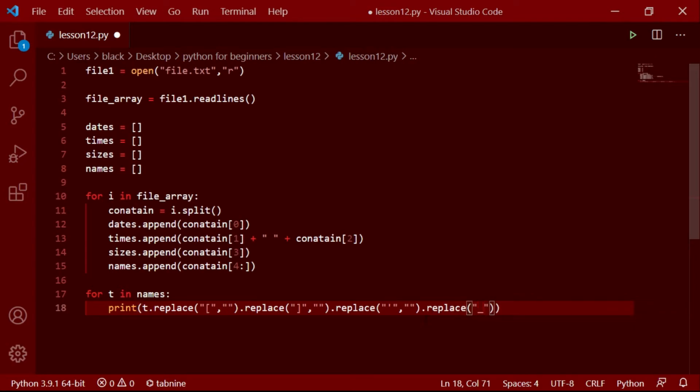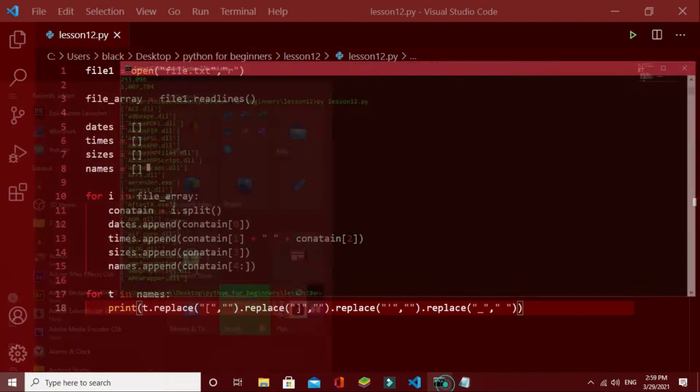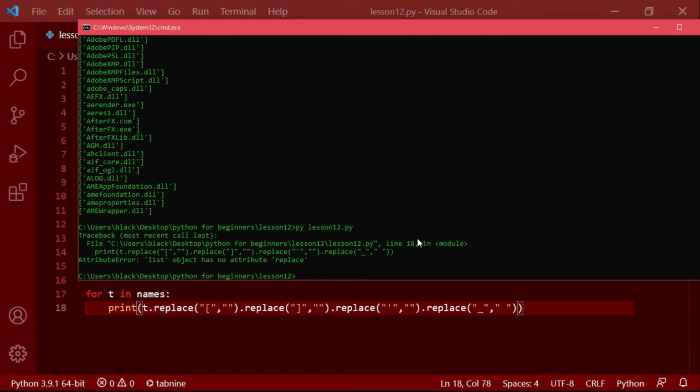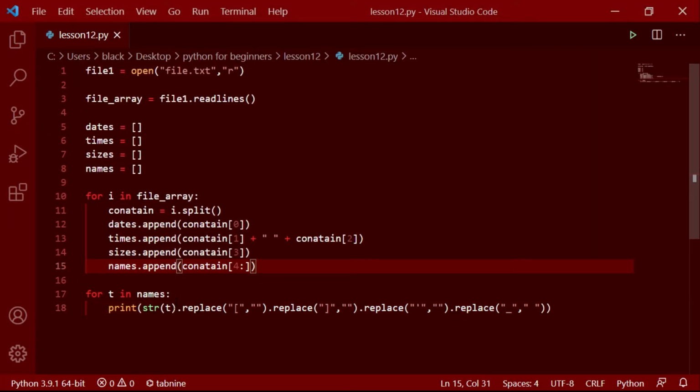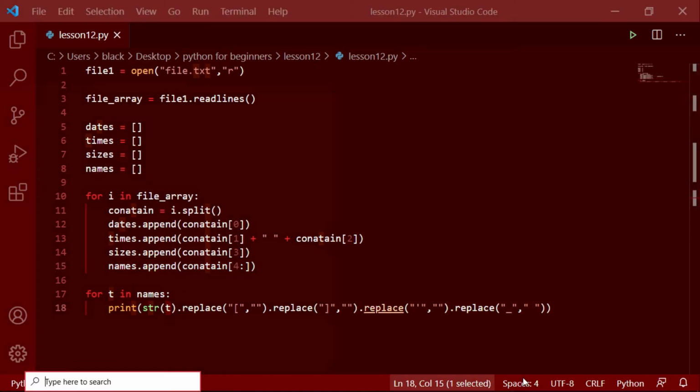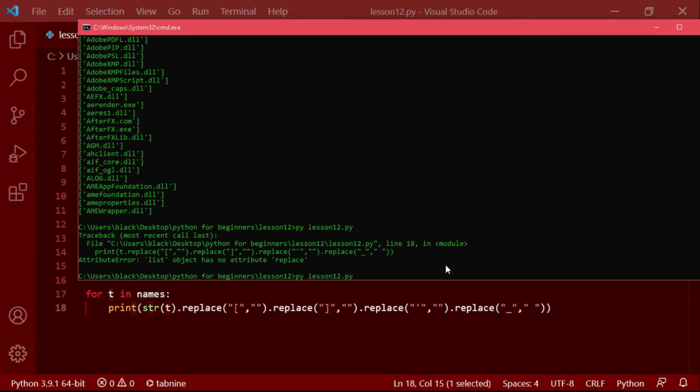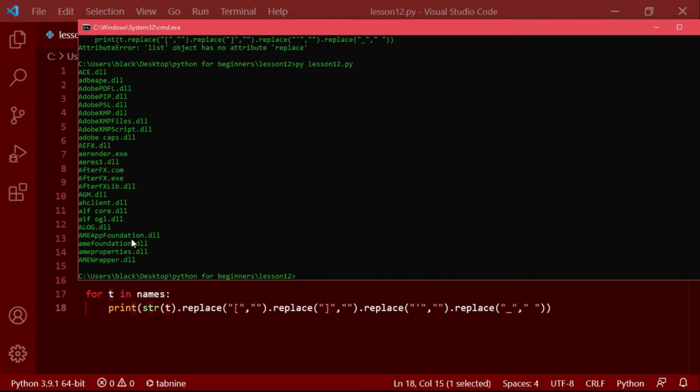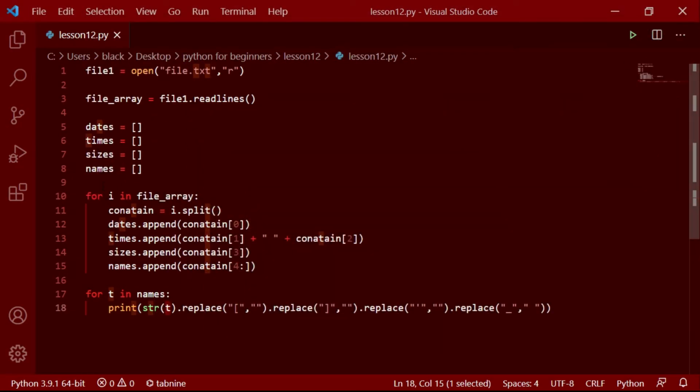Replace underscores with, here we have to give space, and if we run it, first it is a list, so we have to convert it into a string, and if we run it again, you can see the file names clearly. And that's about reading files.